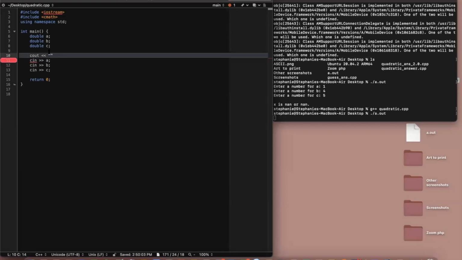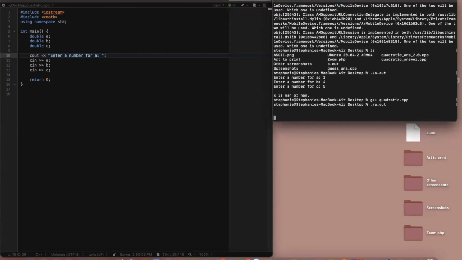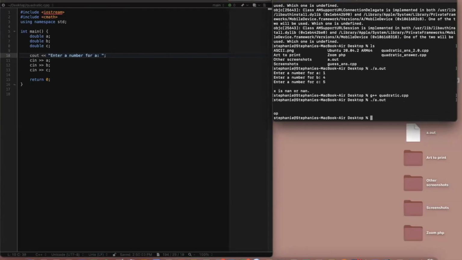So I'll just say cout. My double quotes indicate a string literal, so this text is going to literally output to the console. So I'll just say "enter A". And if we ran the program again, okay, there we go. And if I saved it,